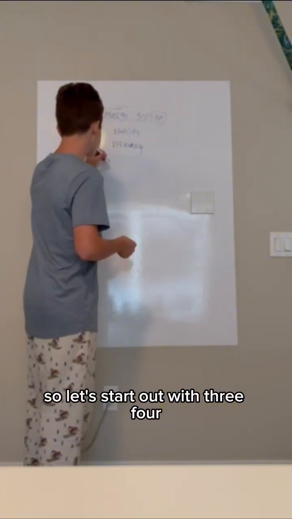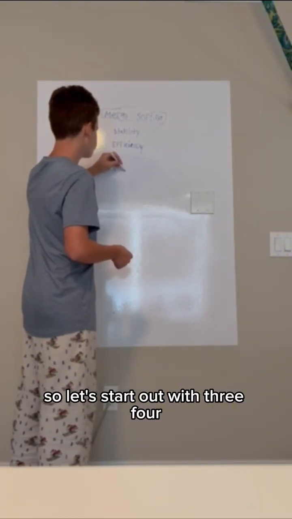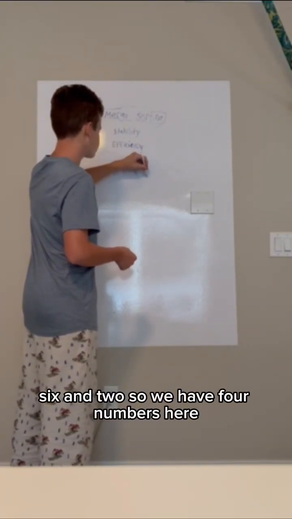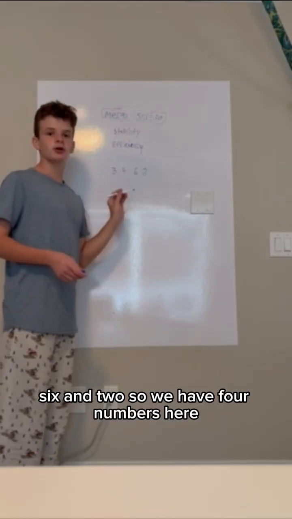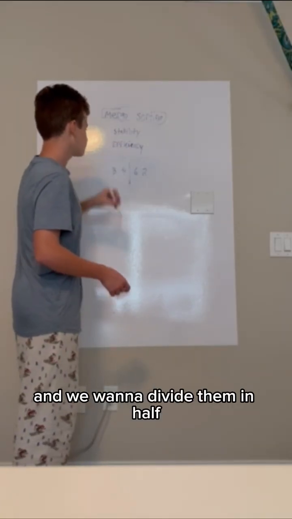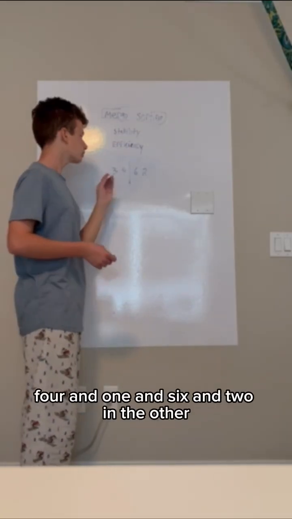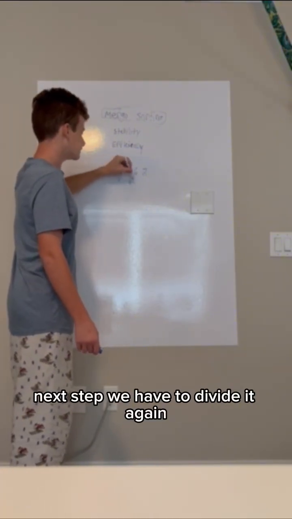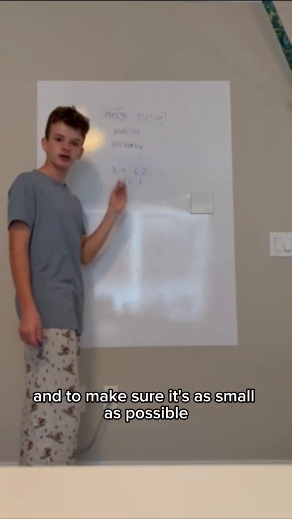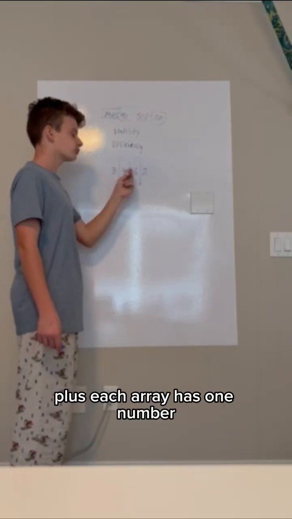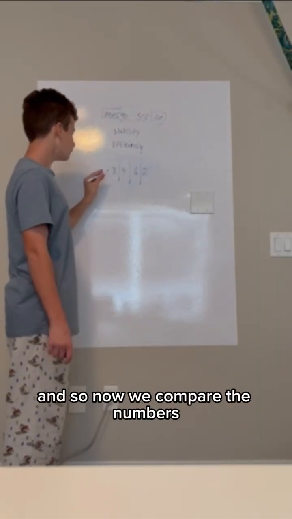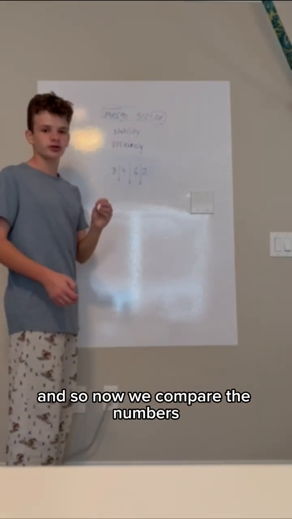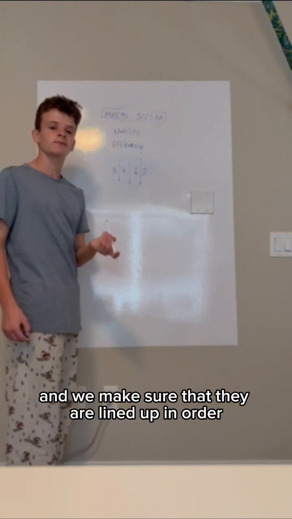So let's start out with 3, 4, 6, and 2. We have 4 numbers here, and we want to divide them in half. So we have 3, 4 in one, and 6 and 2 in the other. Next, we have to divide it again, to make sure it's as small as possible, so each array has one number. And so now we compare the numbers and make sure that they are lined up in